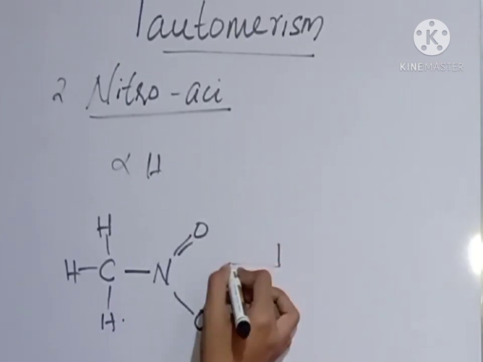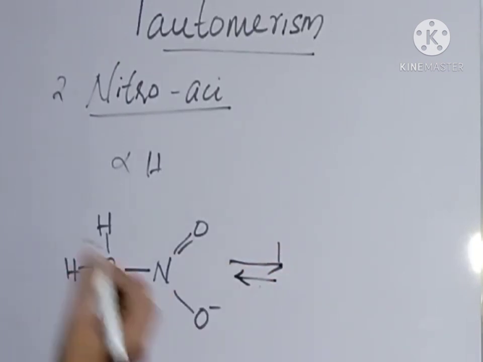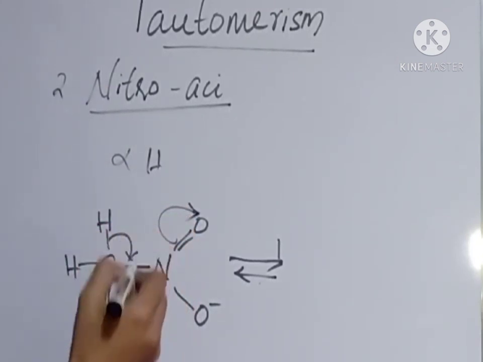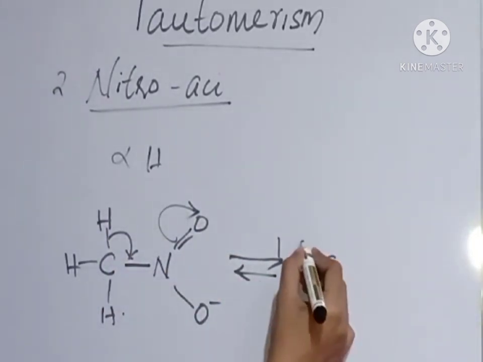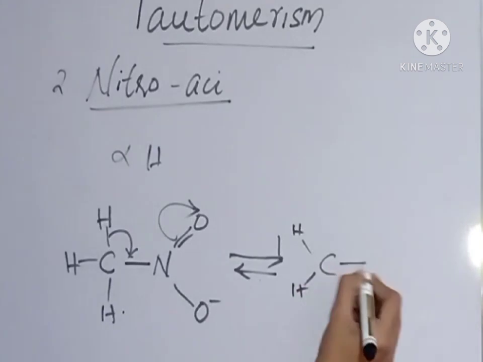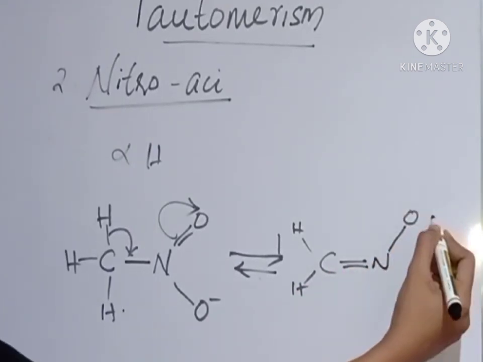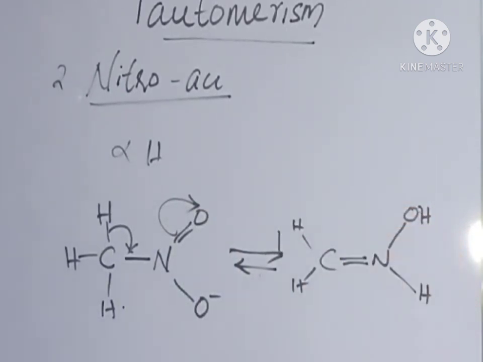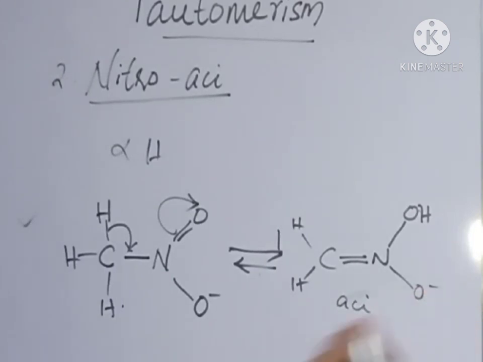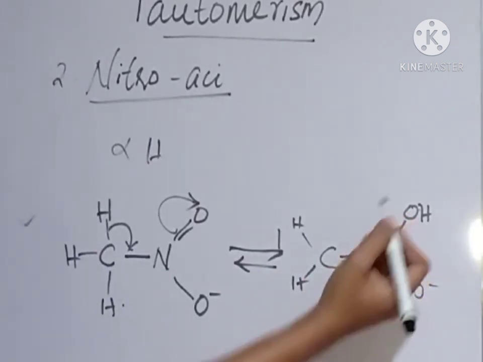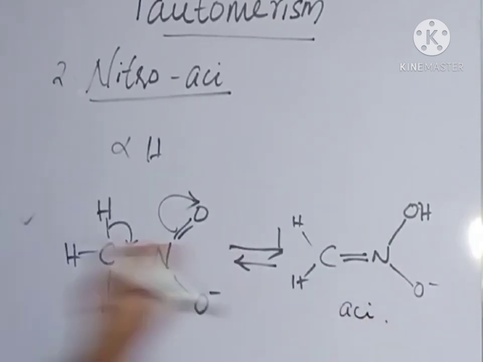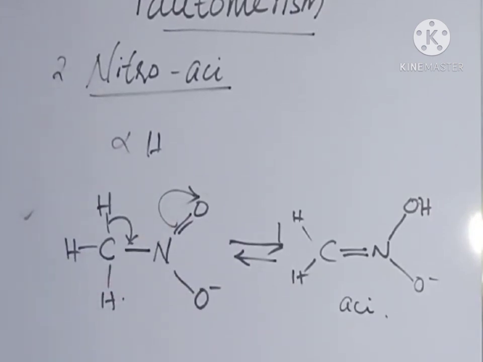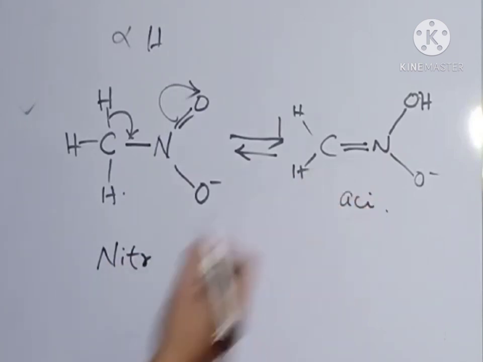So, now the mechanism is clear. The formation of the tautomer is clear. The hydrogen shifted towards here and the double bond shifted here. So carbon, hydrogen, hydrogen, double bond N, here O minus, and readily O minus will attack the hydrogen and it will be converted to OH. The C double bond N attached to an OH group is known as the aci compound. Due to the formation of this aci form,